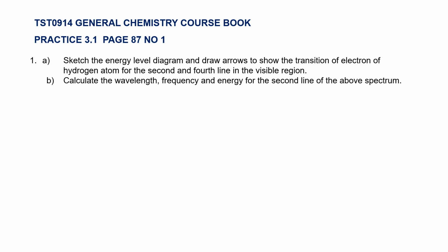I'm going to explain how to answer practice 3.1, page 87, question number 1 in the General Chemistry course book TST0914. This question asks us to sketch the energy level diagram and draw arrows to show the transition of electrons of the hydrogen atom for the second and the fourth